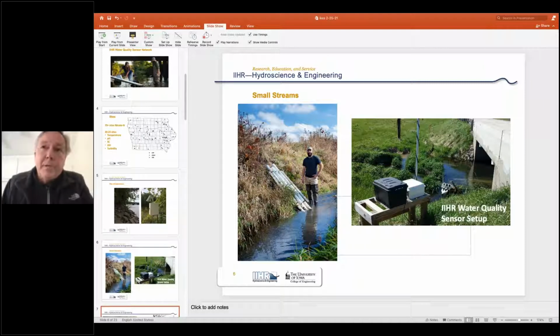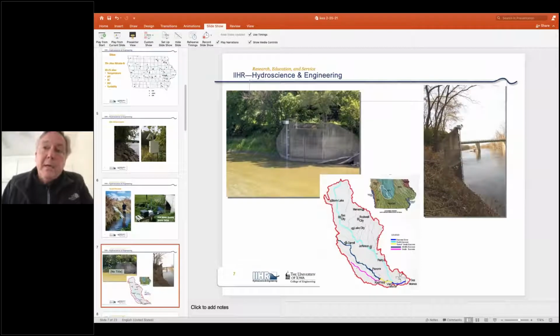Here's the first sensor site. This was in the Raccoon River at Van Meter, Iowa. This one was deployed back in 2006, and if I remember right, the Izaak Walton League chapter in Des Moines provided a little bit of money for this to get deployed. And so this was when I worked at the Des Moines Waterworks, and so that one is still there. USGS has taken it over though.